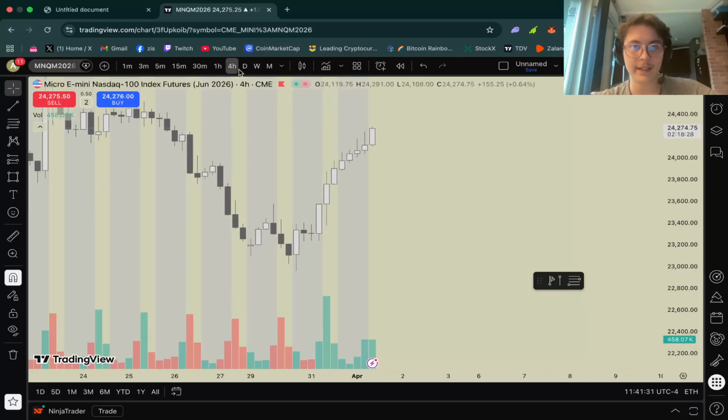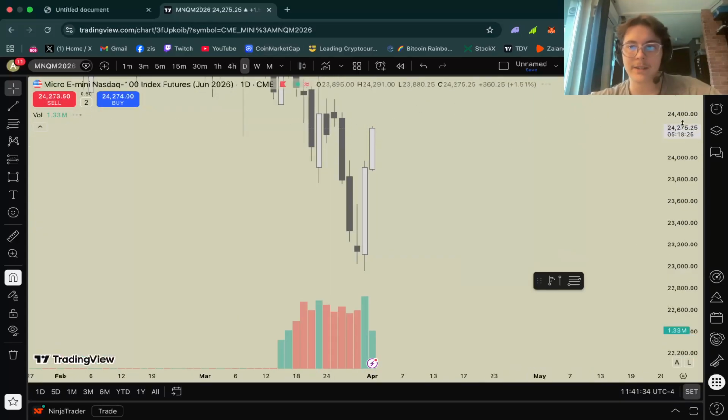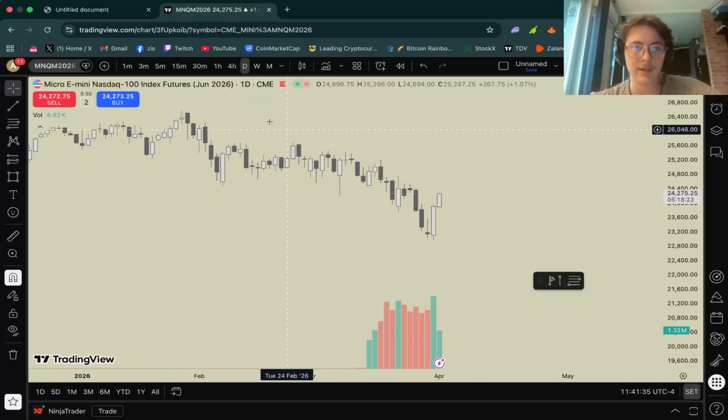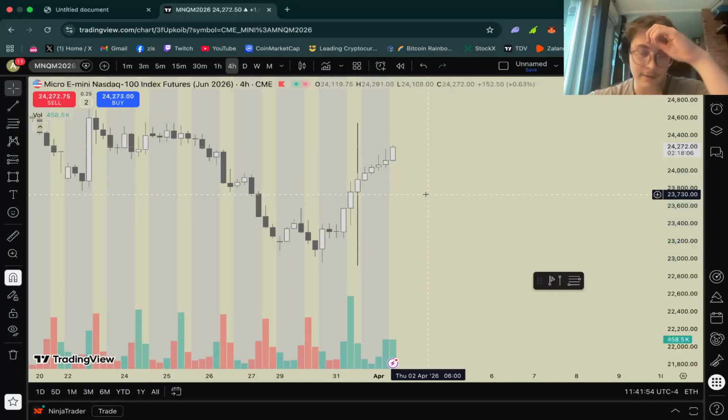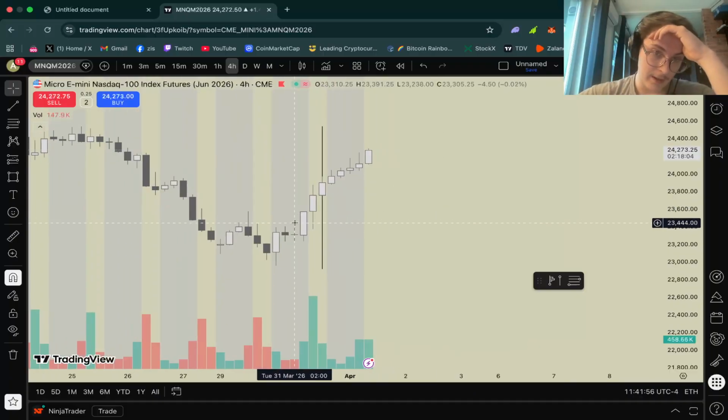Coming into the day, I mean, obviously we have a bearish bias in general, right? We've been chopping, sort of choppy, but in general we've been going downwards. So we have a bearish bias. This is for yesterday. So I'm just gonna ignore everything after this point, right? This doesn't exist. This is just for yesterday.